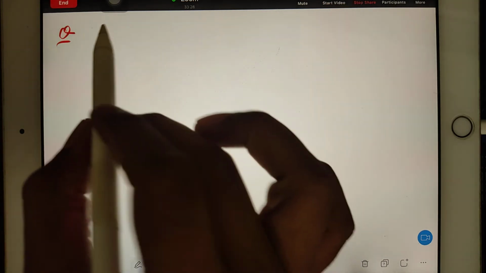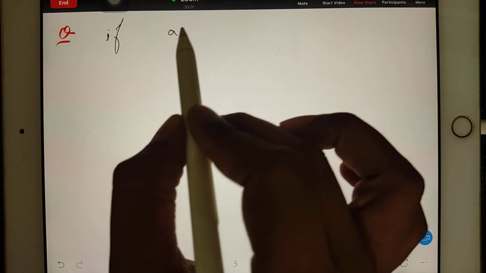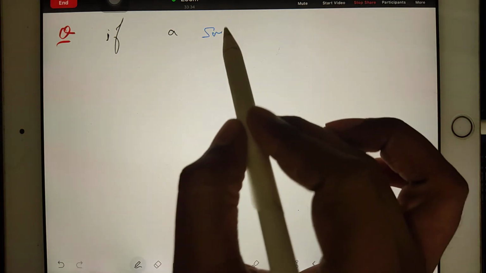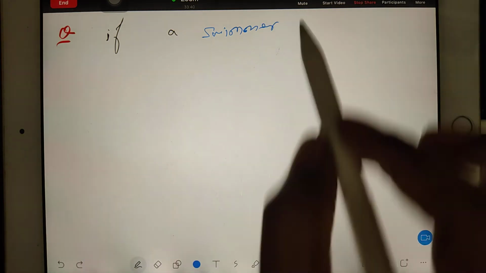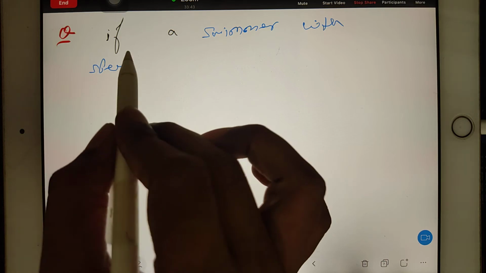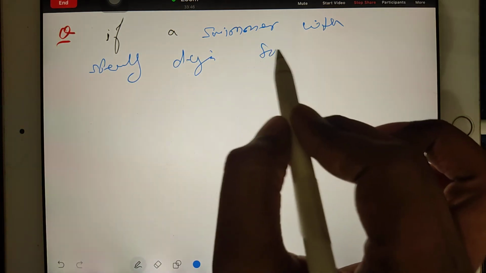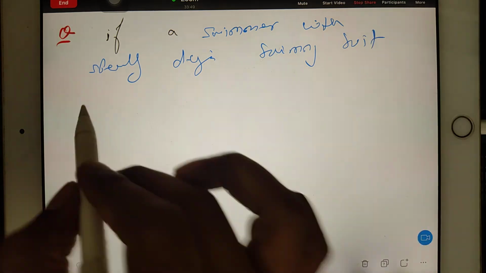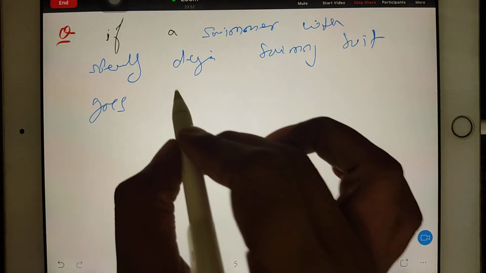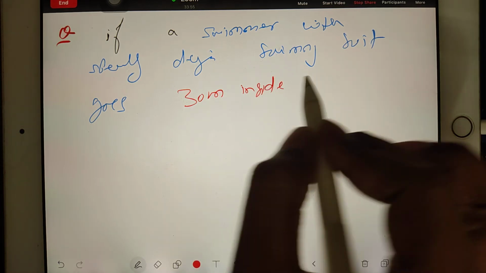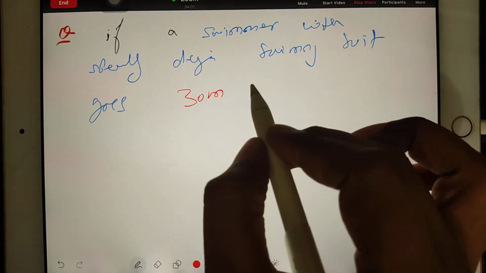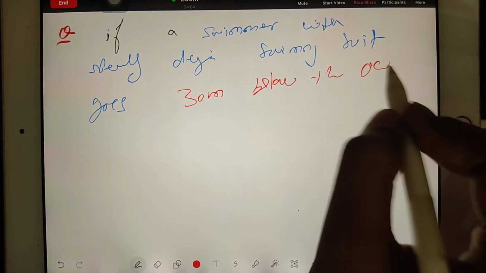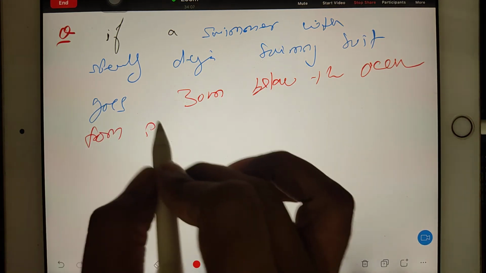Now take one more problem. Very small, but you may make a mistake here. If a swimmer with a specially designed swimming suit goes 30 meter below the ocean from mean sea level,